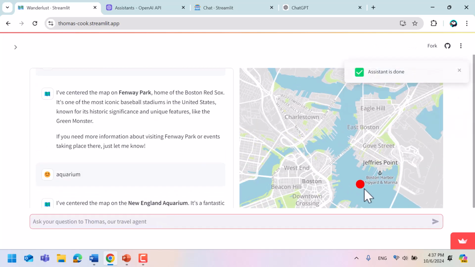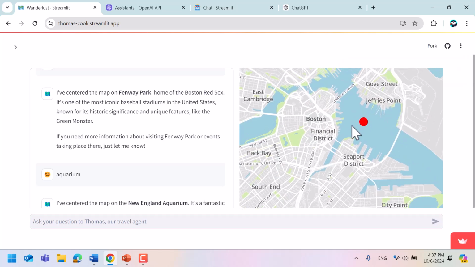Whoa, it's way off. It's right in the middle of Boston Bay. So clearly it's not so great at doing such a thing. That's one of the examples where you might want to use a tool instead, like Google Maps, for instance, to search it up. But here it's trying to just guess what would be the latitude and longitude. Not completely off, but still not perfectly right.